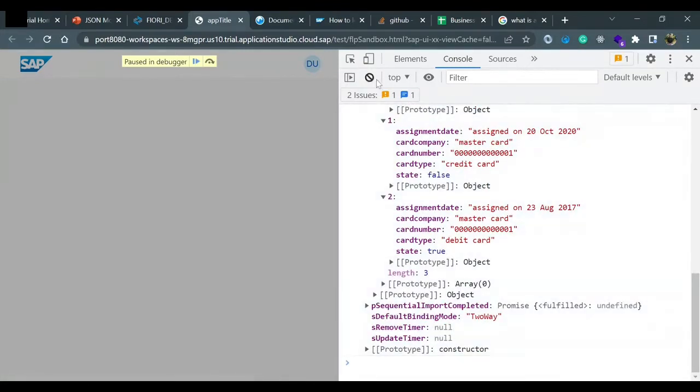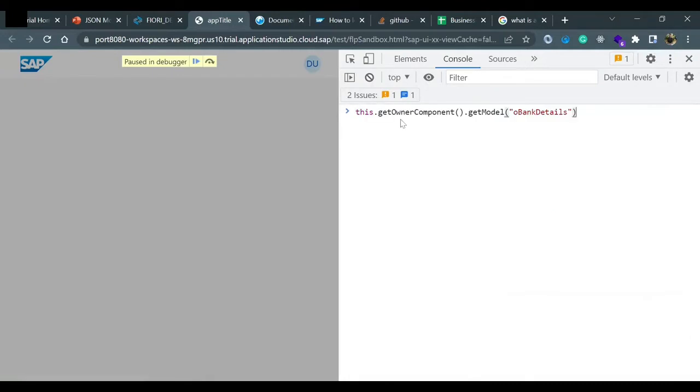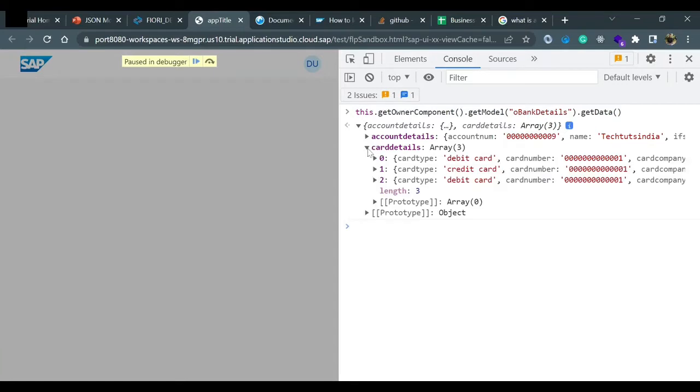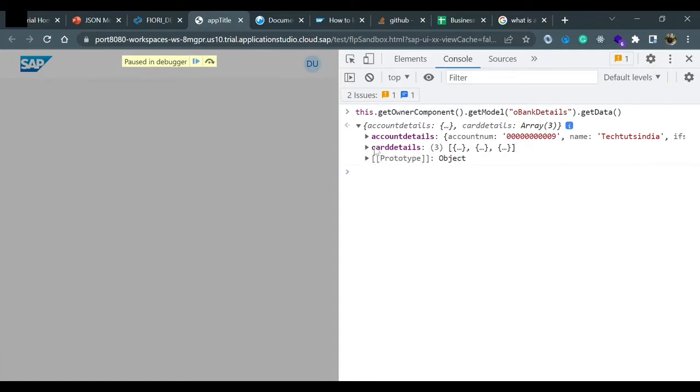Now with the same method, if you put dot getData, as initially I told you, we can apply different kinds of methods on the JSON model. So we are getting the data directly, right? And if I want to only read the car details, which is a property in this, I can put getData dot getProperty, get property,